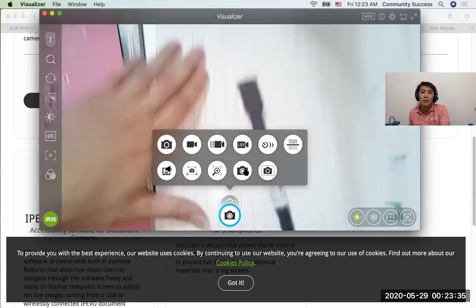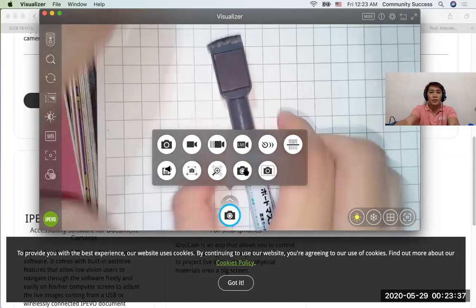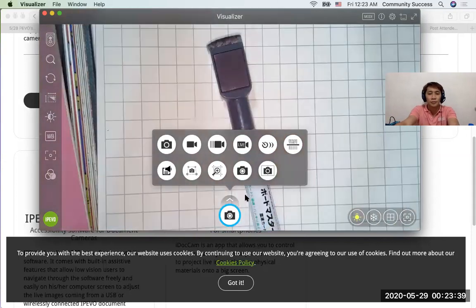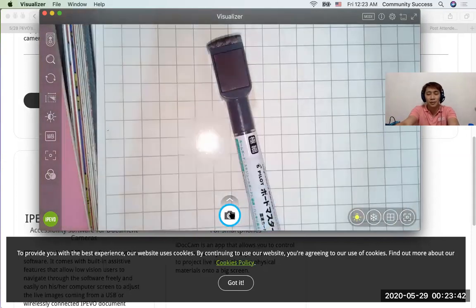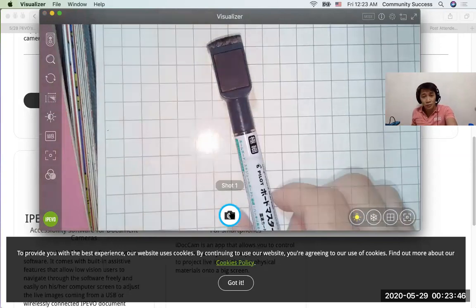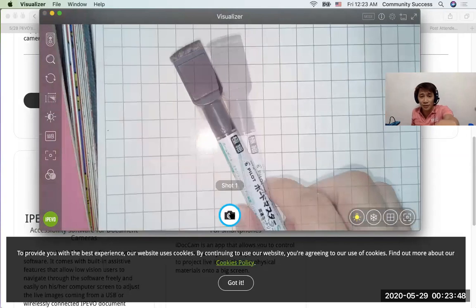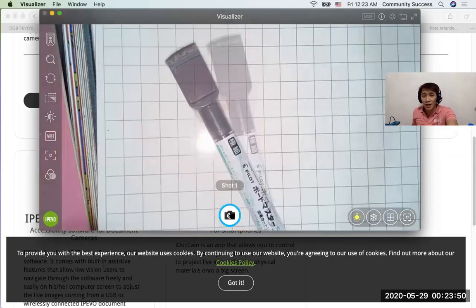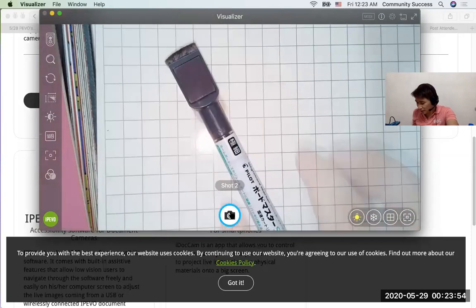Okay, and then all I have to do is press this button to take the first snapshot, and then move my pen a little bit. Do you see that ghost image? So you can align your image if you want. I'm going to take the second shot, and then I'm going to move it a bit again